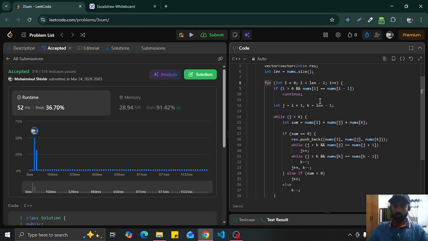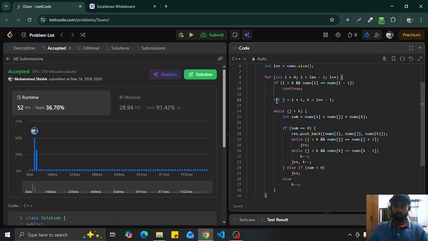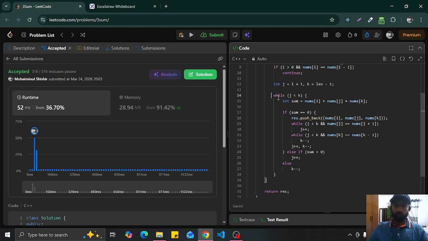So we ran a for loop, and inside the for loop we are updating the j and k pointer. Every time, inside the for loop, the j pointer is going to be the next pointer of i, and k is going to be pointing at the rightmost index. Every time we calculate the sum, and if sum is equal to 0, that means we found our correct combination. So we push that combination inside the result array or vector, and then